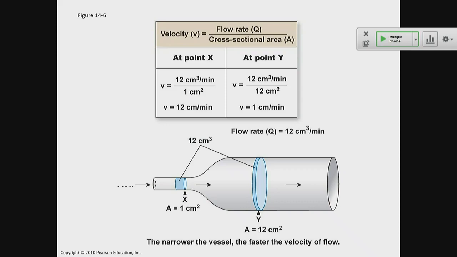If you've ever had the pleasure of watching a creek or a river, they actually increase their speed of flow in narrow sections. That's because the water that arrives at the narrow section all needs to go through the narrow section. For the same amount of flow to go through a broad section and a narrow section, it needs to speed up in the narrow section.